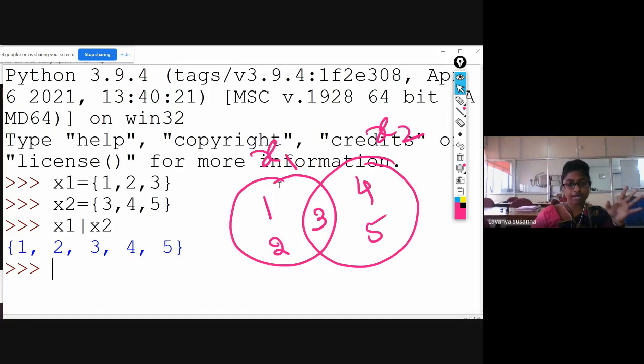x1 or operator x2. Here you can use another method. You can use operator and you can use function also. Here you can use union function. How to do it? x1 dot union method.